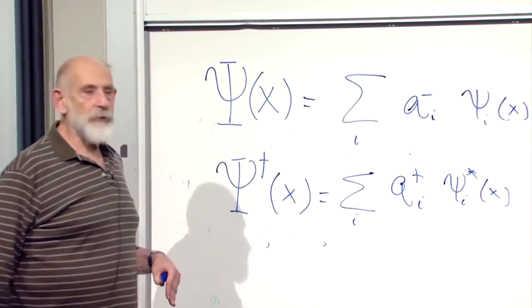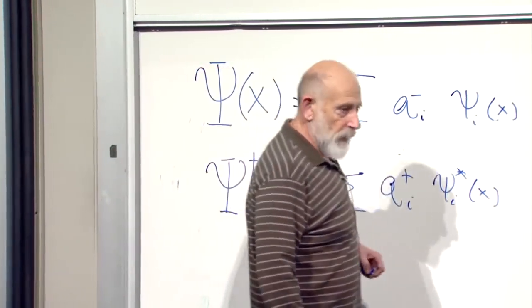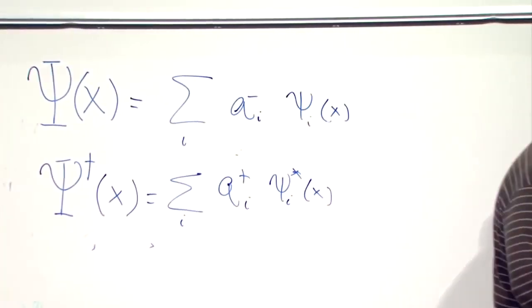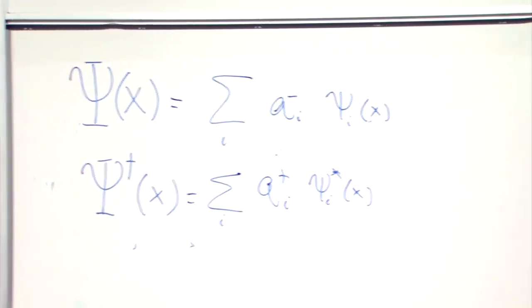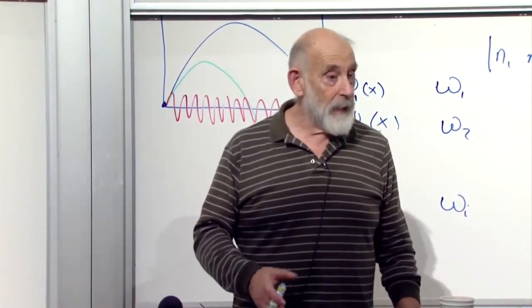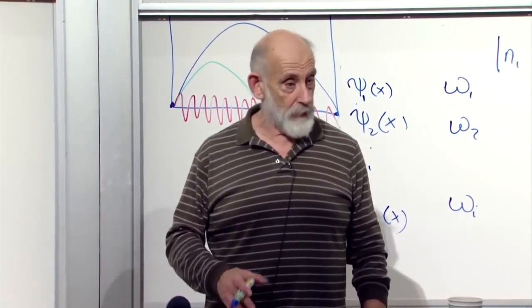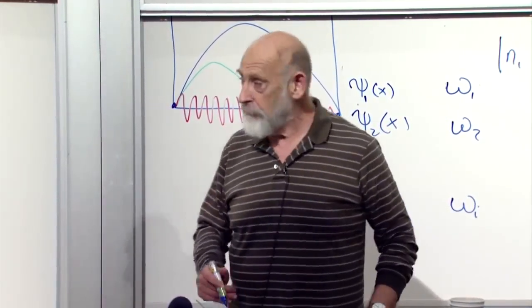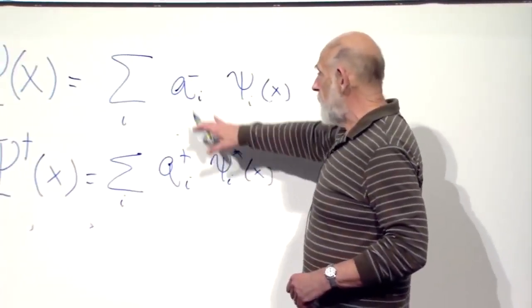These quantum fields are not Hermitian. They're not Hermitian because the creation and annihilation operators are not Hermitian, and so they're not really observables. But if you add psi and psi star, or psi dagger, or you subtract them, you can make Hermitian combinations out of them, and those really are things that you could observe in the laboratory, just because they're Hermitian operators.